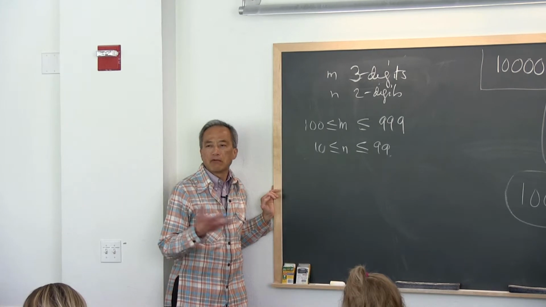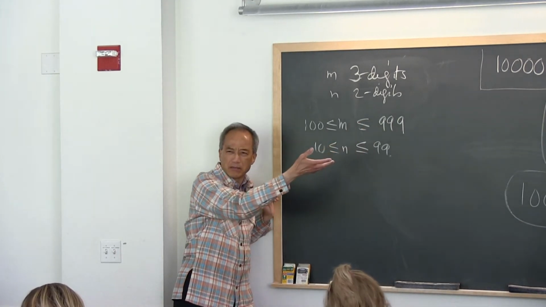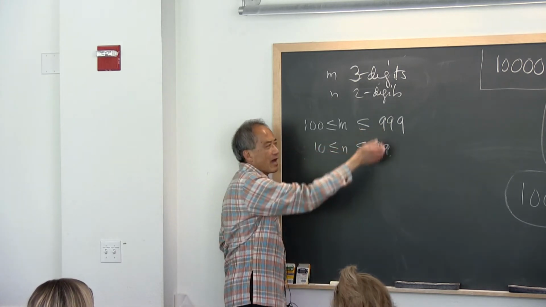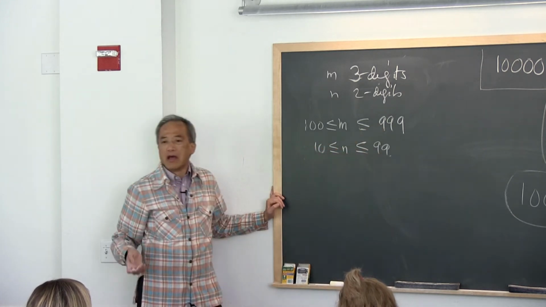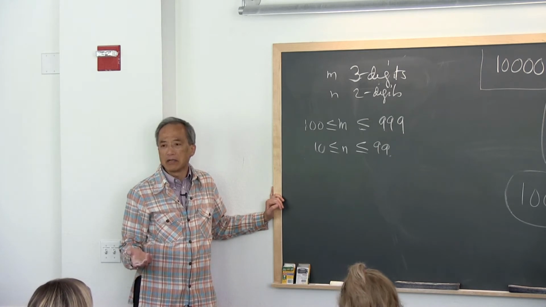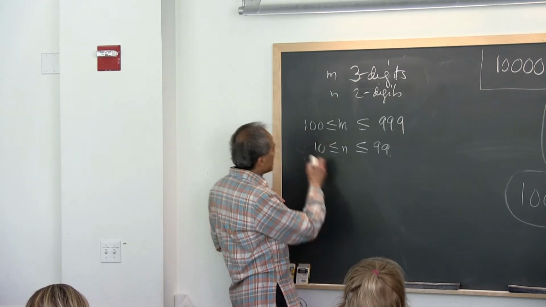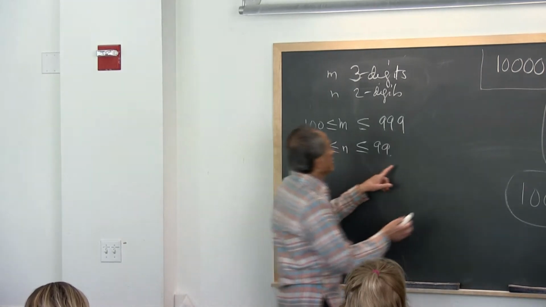But you can make a rough estimate. Well, 999, that's too hard. But 1,000 times 100 is not too hard. 1,000 times 100 is what? 100,000. Is that 100,000? Yeah, 100,000. So with the 100,000,